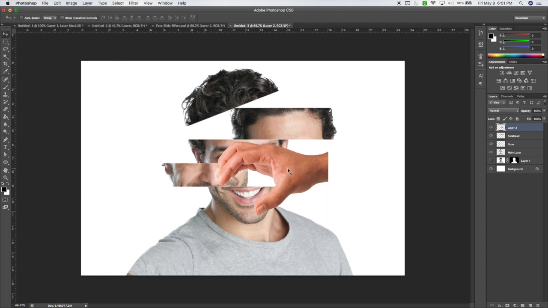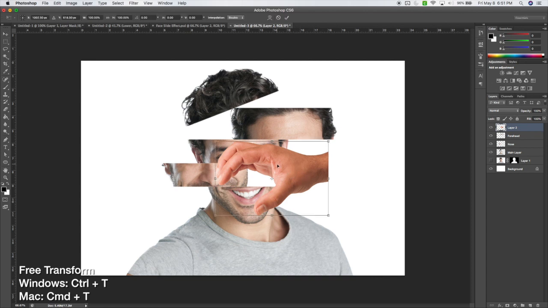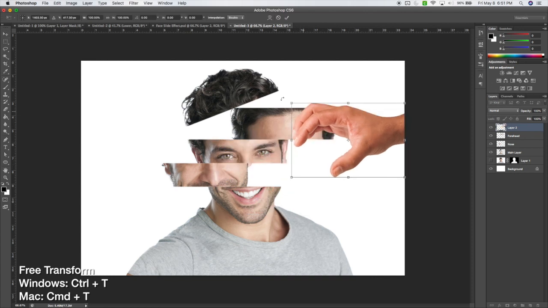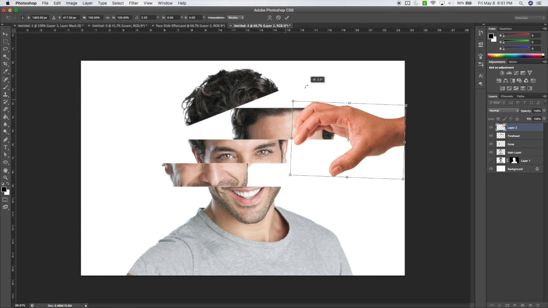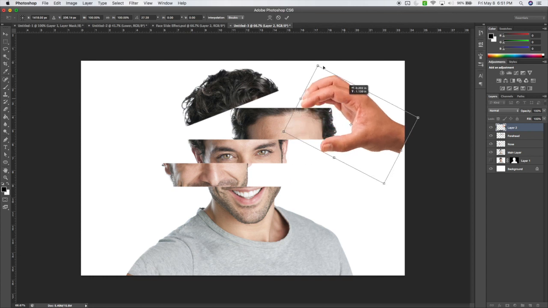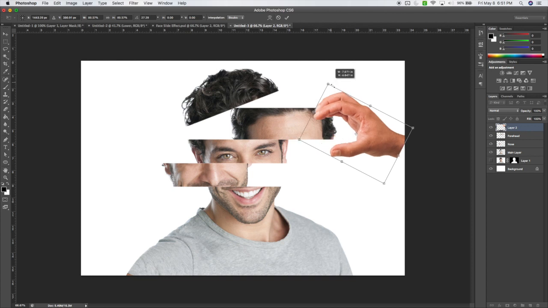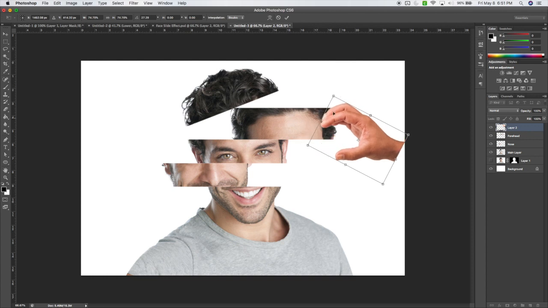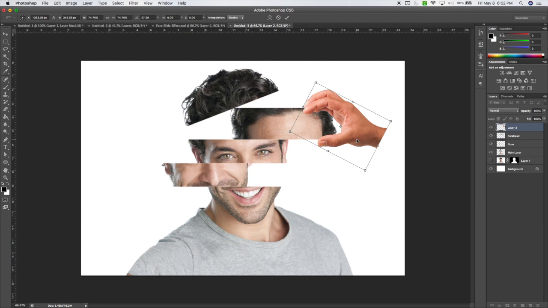Next, we can hit Control or Command T to free transform the hand, and we can resize it and position it how we would like. I'm going to have it grabbing it like this. So here we have the hand positioned how I like it, but one thing I want to do just so that it looks a little bit more realistic,